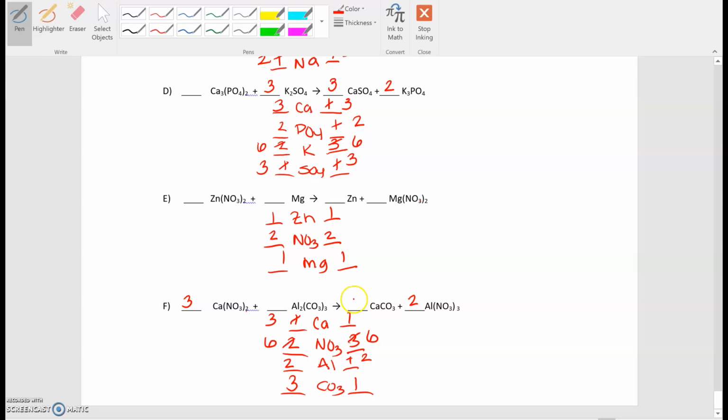I would then need to balance my calcium by putting a 3 in front of calcium carbonate to give me 3 times 1, which is 3. 3 times 1 carbonate, which is 3. And that's balanced. That is your tutorial on